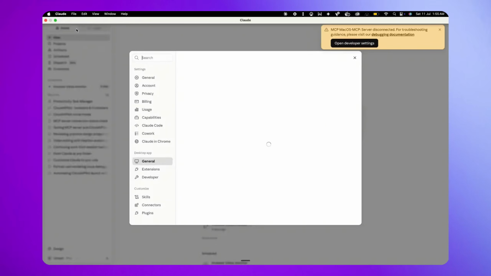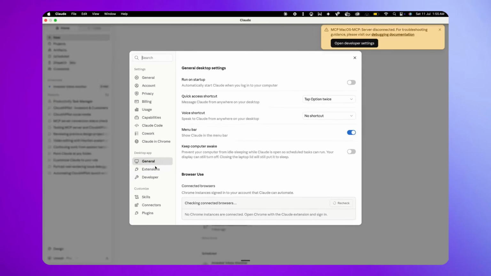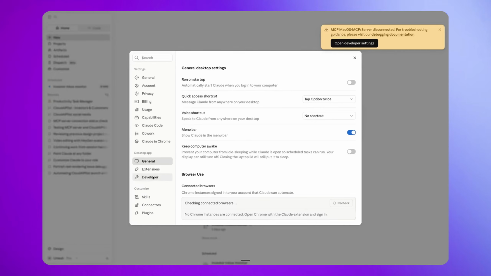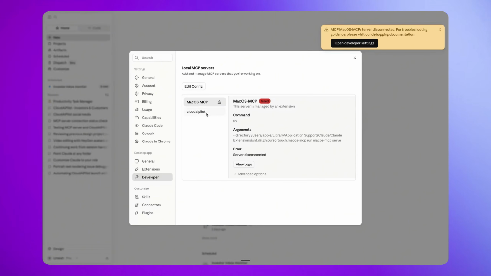Navigate to Settings again and open the Developer tab to check if the MCP is running, as shown in this video. You'll find it running. That's it. The MCP is now configured and you can start testing.